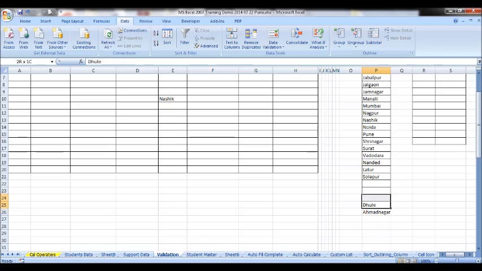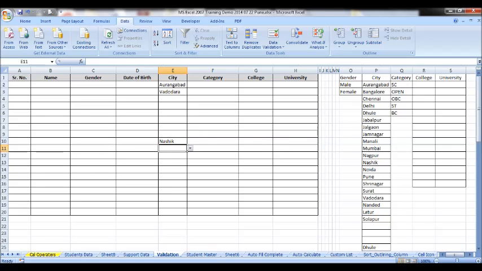We selected till Dhule, and if you look at this validated part, till Dhule it has accepted, Ahmednagar it had not accepted. So it's up to you to what extent you select the range for predefined cities in anticipation of extending the predefined list in future.